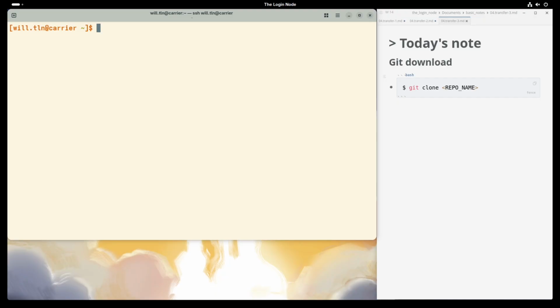Lastly, a very important warning. Remember the hotel room analogy? Your room has an occupancy limit. We call it quota. If you fill up your disk, your job will crash immediately. Now, how to check it? This is tricky because every institution is different.